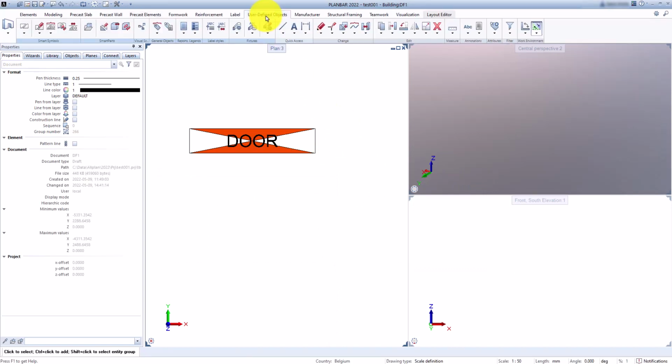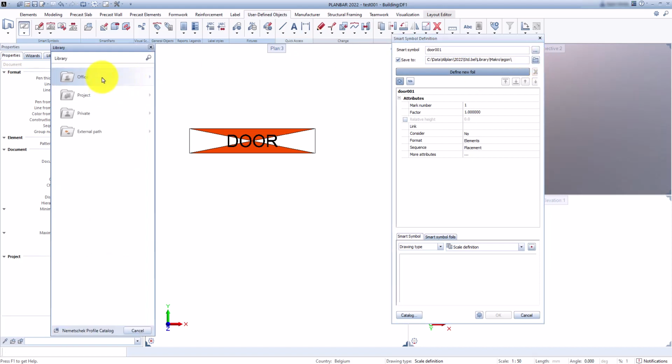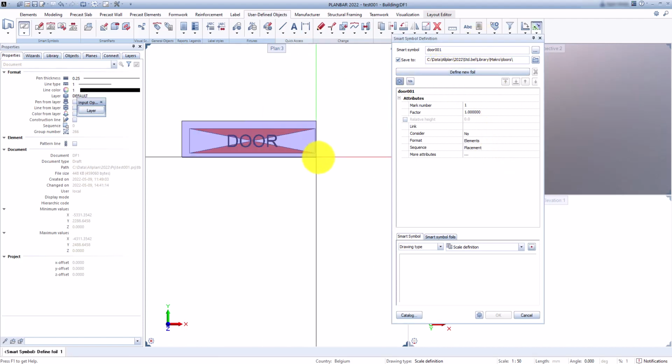Let's now save this graphical symbol as a smart symbol. We select the graphical elements and pick an anchor point.